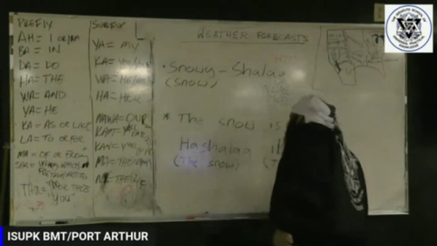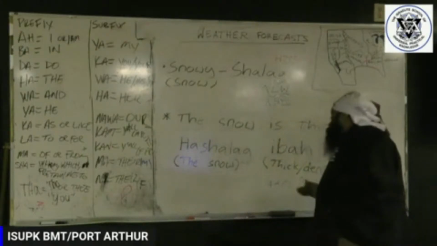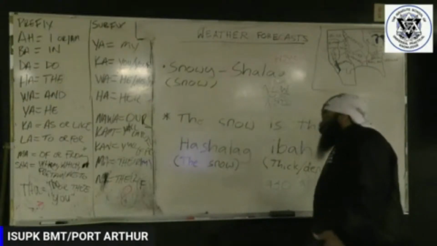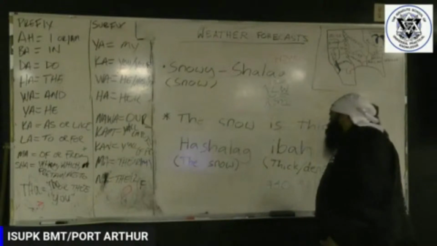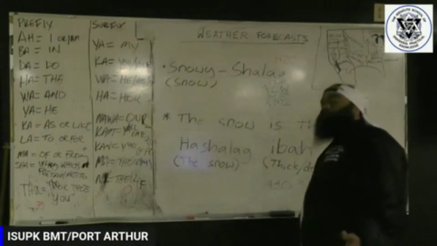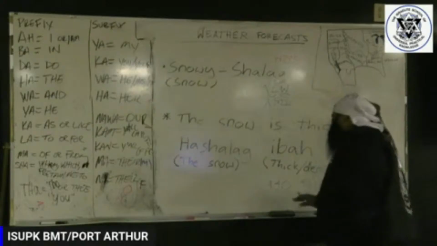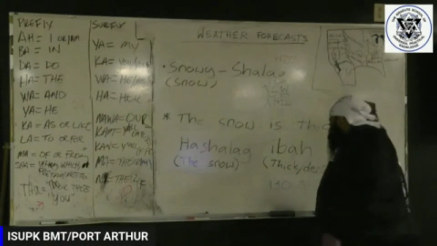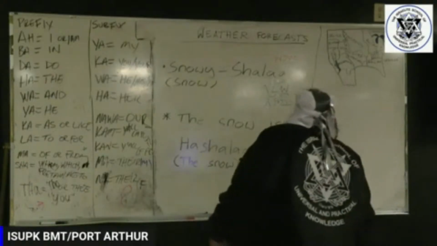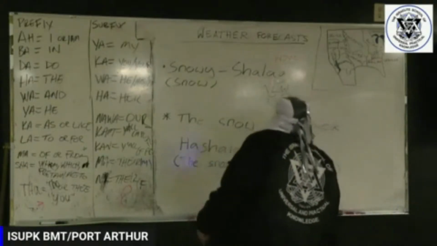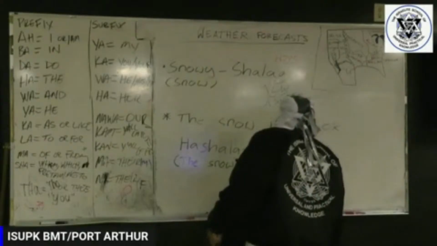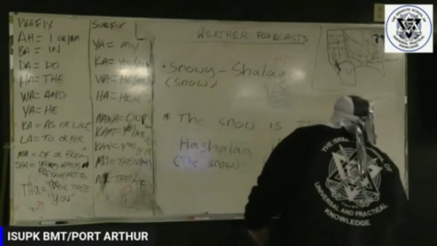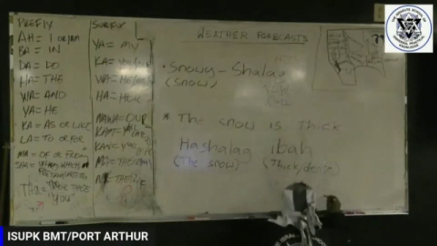And for this word thick, you could get away with using a word that would mean currently thick. It currently is thick. The snow currently is thick right now. But you get there's multiple ways to skin a cat in Hebrew. So we're just going to use the original or the direct term, or the root word rather. So ha SHALAM thick, the snow is dense. I'm going to get it in the Assyrian.